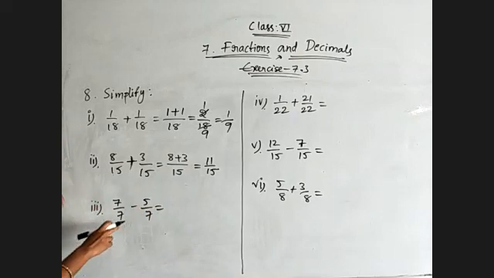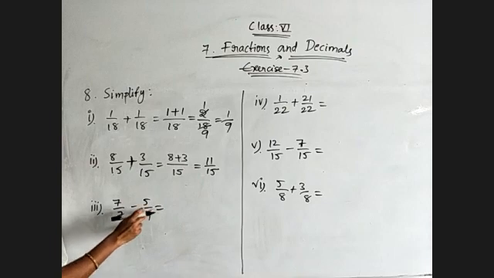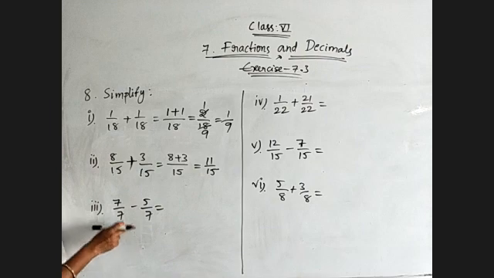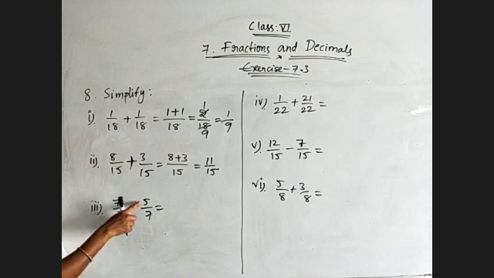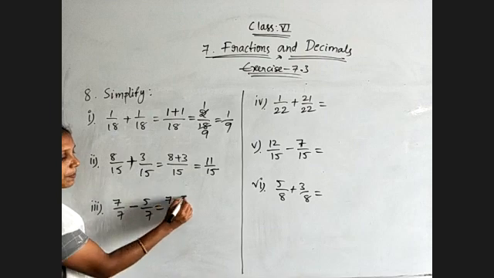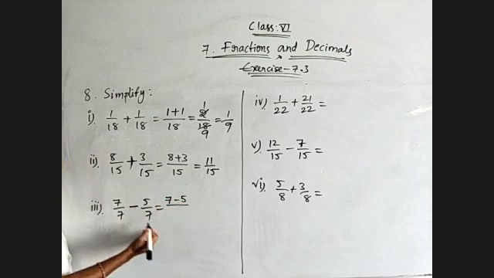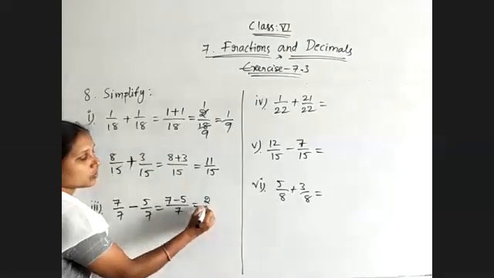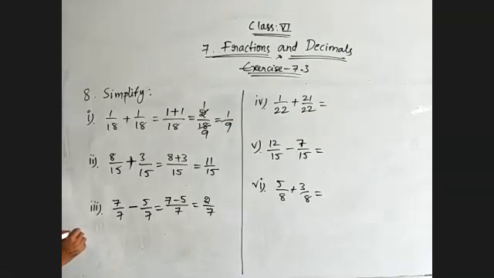And now coming to the next one, 7 by 7 minus 5 by 7. Both are like fractions, okay? And here we are performing subtraction. So out of 7, 5 parts we need to remove, which means we will get 2 by 7. Let us see, 7 minus 5. Subtract the numerators and write the common denominator. That is 7 minus 5 is 2. 2 by 7 is the resultant fraction.